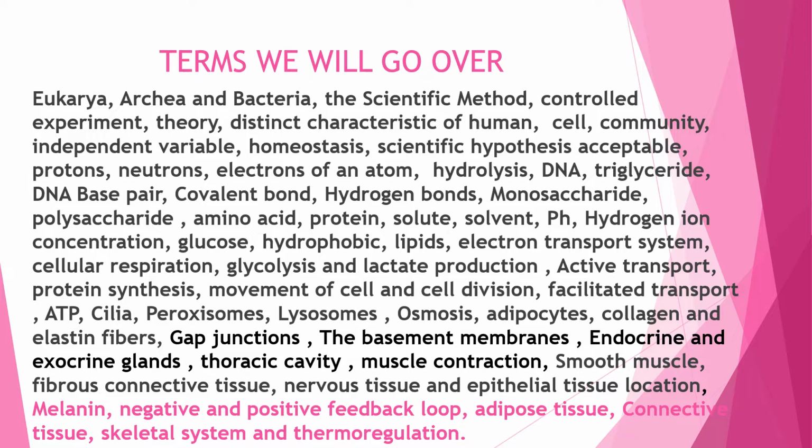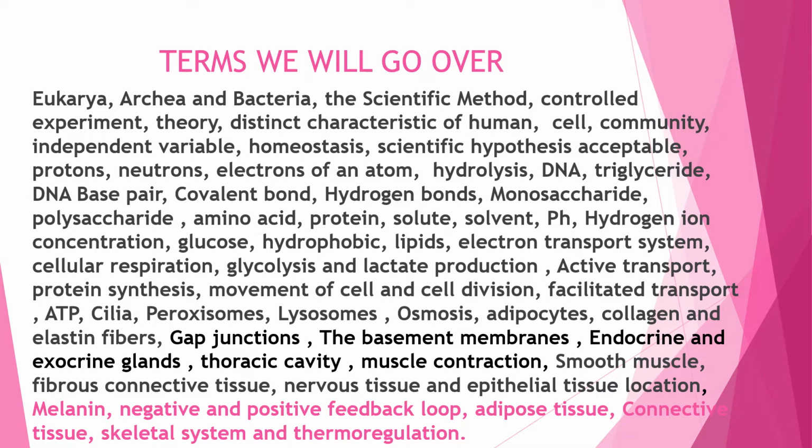So the terms that we will go over are the following: Eukarya, Archea and Bacteria, the scientific method, controlled experiment, theory, distinct characteristic of human, cell, community, independent variable, homeostasis, scientific hypothesis acceptable, and protons, neutrons and electrons of an atom, hydrolysis, DNA, triglyceride, DNA, base pair, covalent bond, hydrogen bonds, monosaccharide, polysaccharide, amino acid, protein, solute, solvent, pH, hydrogen ion